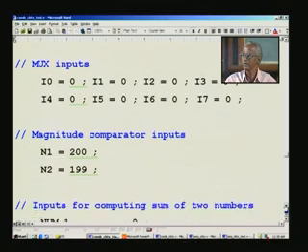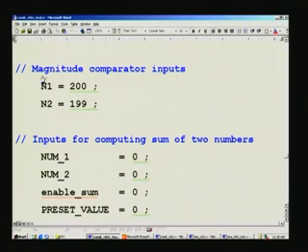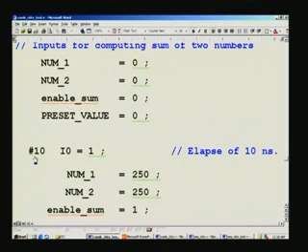Obviously 200 is greater than 199, so a greater output will be set, and so on. So you can keep on changing your input data for various combinations. You keep on changing. At 0 time I apply all these inputs, and then keep on changing at different